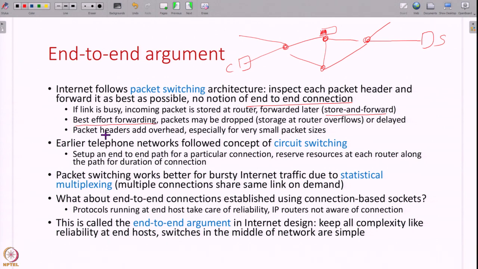And of course, every packet, because it needs to have a header, also adds some overhead, especially for small packets. So, this is a very different architecture from what was used before the internet came up. When you had telephone networks, that was called the concept of circuit switching. What is circuit switching? In olden telephone networks, when somebody dialed somebody else, a notion of a path would be established along all routers between the starting point of the call and the terminating